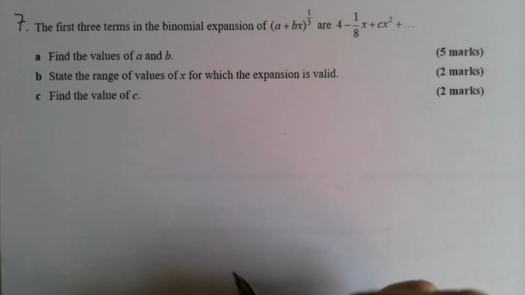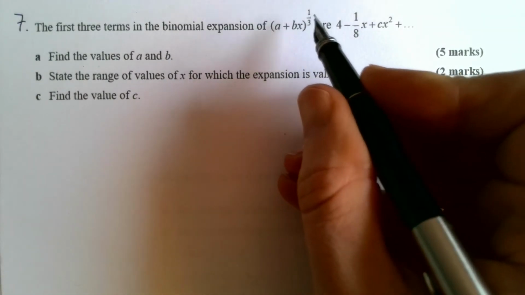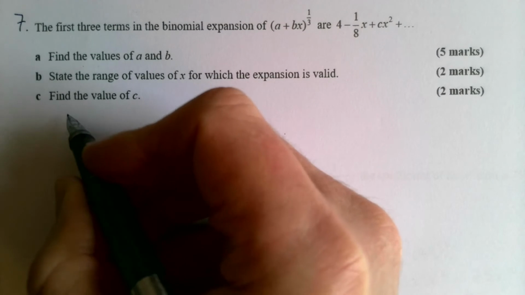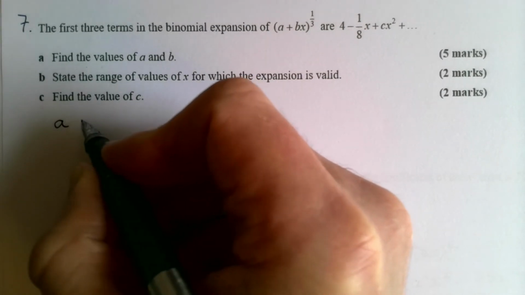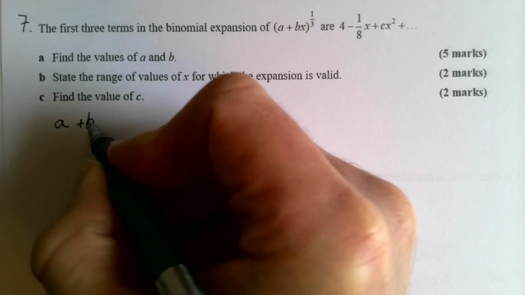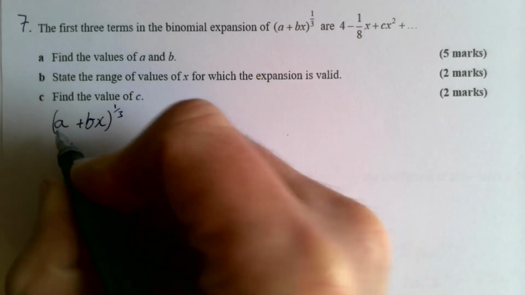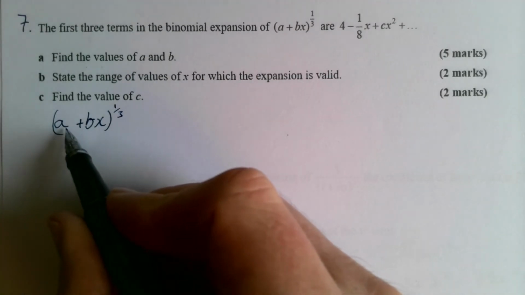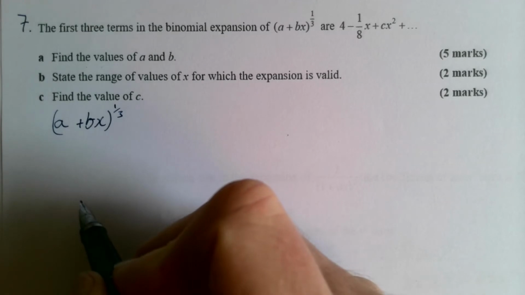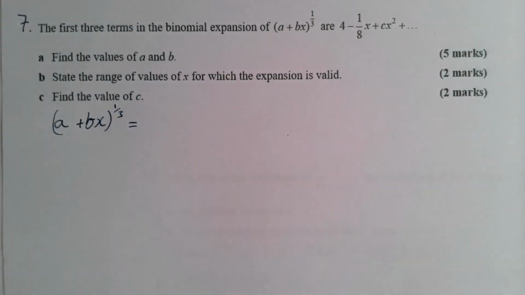So question 7. The (a + bx) to the power of 1/3. What you've got to remember there is that when we're doing that, before we can operate it, we need to turn that a into a 1. And in order to do that, we need to take a factor of a to the power of 1/3 out of what we've got going on. So that gives us